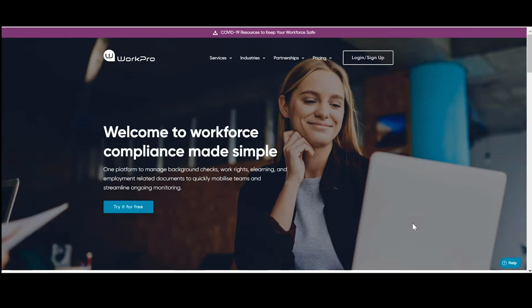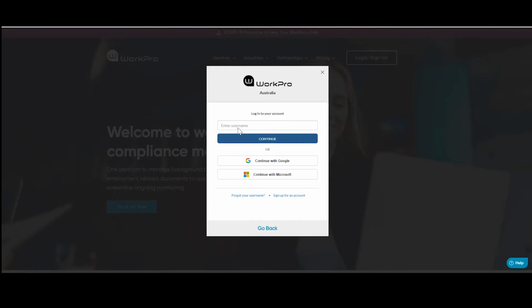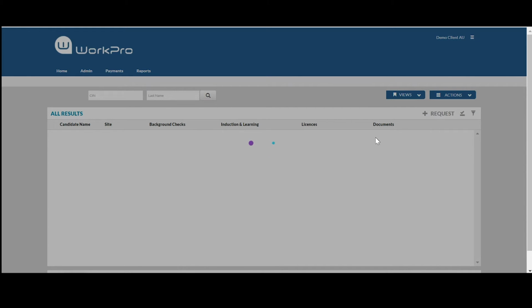Today I'm going to show you how easy it is to use WorkPro's Australian Police Checking Service. So the first thing you're going to do is log in as an administrator. You're going to be sending a candidate an application request for an Australian police check. So opening up your dashboard,